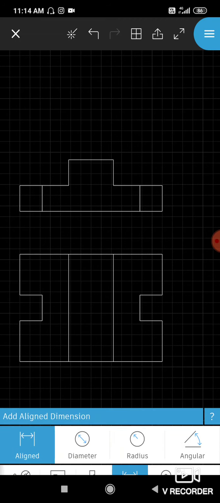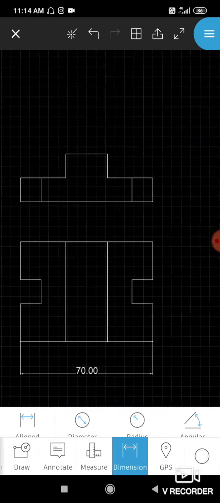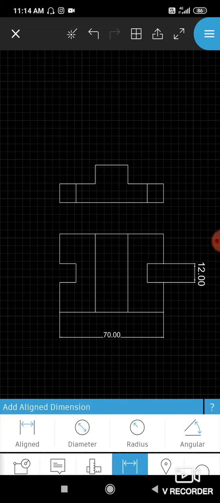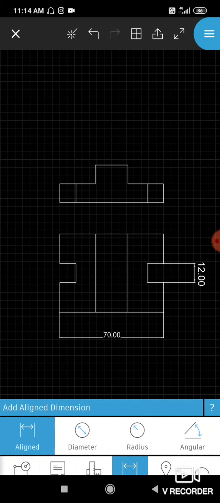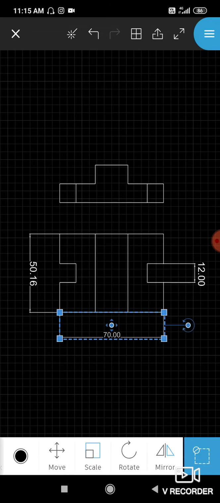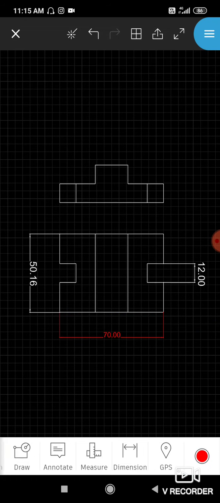Now we have to put the dimensions. Go to dimensions and select aligned dimension. Now select two points for dimensioning. 70, completed. Now again align the dimension, this part, we got that. Again align dimension, not this, sorry, this point. Okay, I want to change the color of the dimension so it will be easy for you.